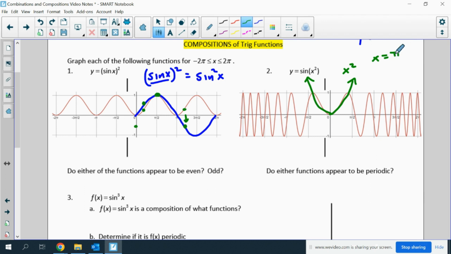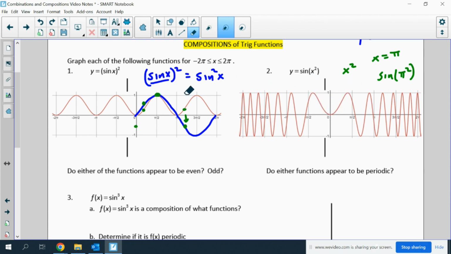When x is pi, we're squaring that, so we end up with sine of pi squared. So notice that at pi, we're not at 0 anymore. That's because pi squared is not pi, it's 3.1 something times 3.1 something. So it's like a sine of 9.5 or whatever. And then we're plugging that into sine. So that's going to give us some value between negative 1 and 1. So what we see is that when we compose functions, it ends up being such that the order of the